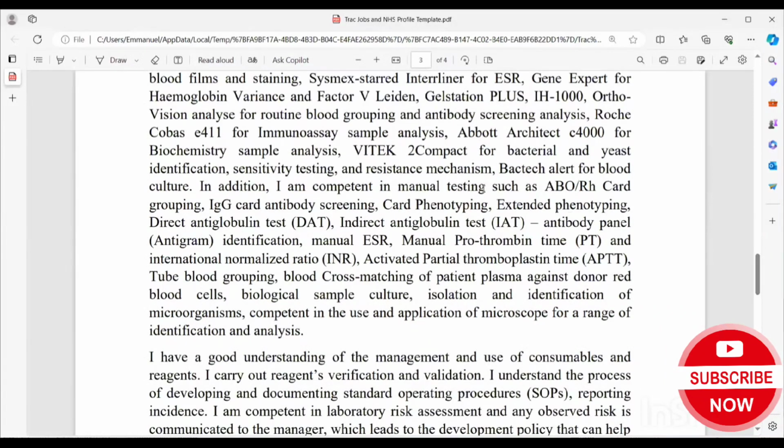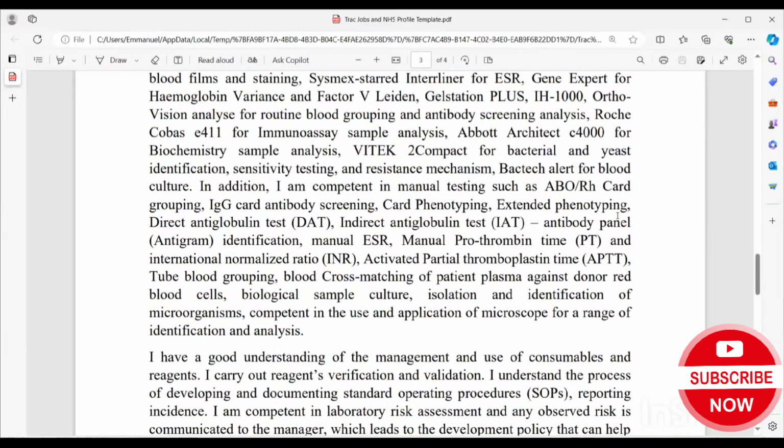And when it comes to ABO grouping and all of that, indirect and direct, you now give them more information. These are the things that they want to see. Once you have mentioned the analyzers, what they are there for, what they can be used to do, the things that you've known. For example, if you are coming in blood transfusion, you see where I mentioned antigram here, okay? What I try to show them here is extended phenotype. That's what we call extended phenotype.